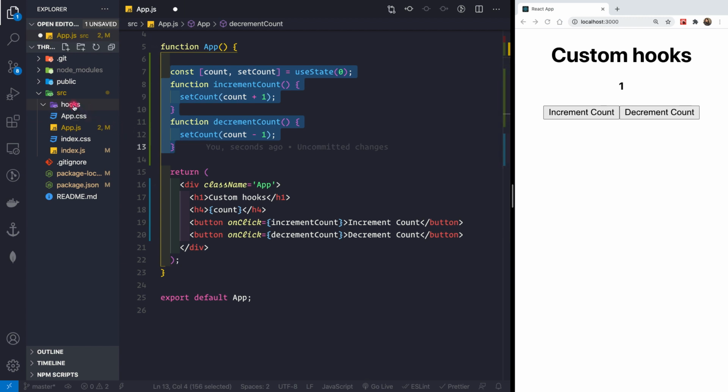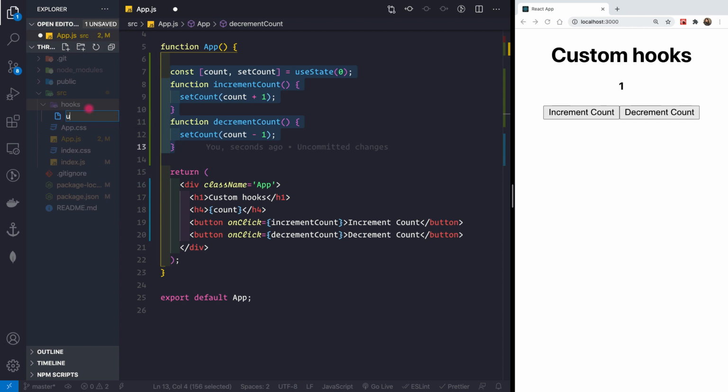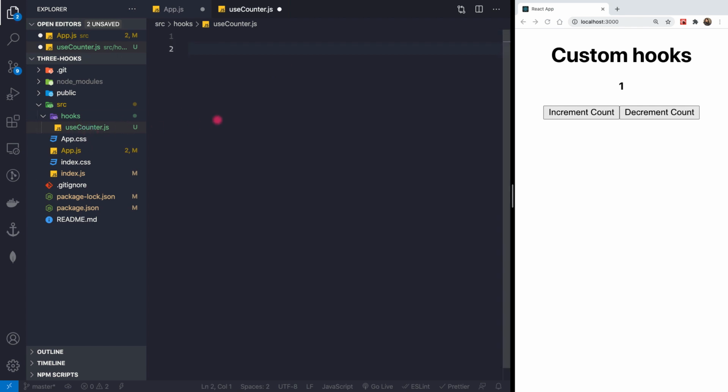So let's go inside the hooks folder and create a new file called useCounter.js. And this is the first fundamental of creating your own hooks: each hook should start with the use keyword. Therefore, I'm calling it useCounter.js. Now from inside this file, I simply want to export a function called useCounter. So let me simply export a function here,